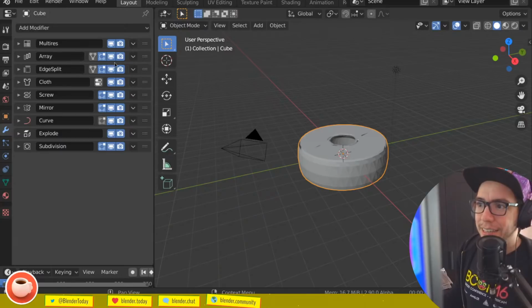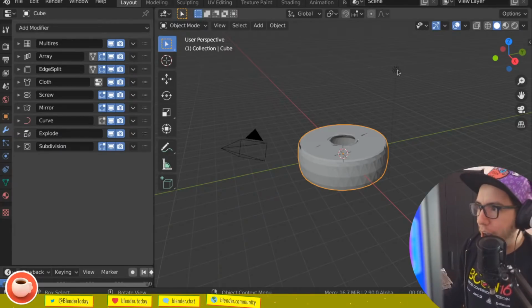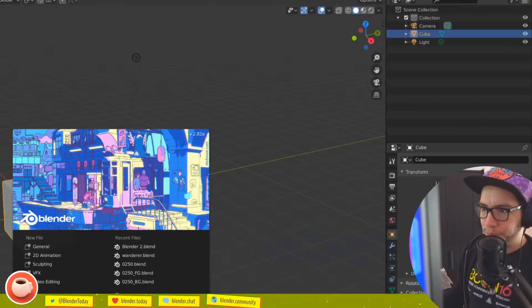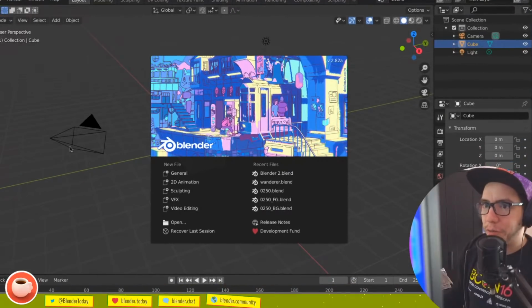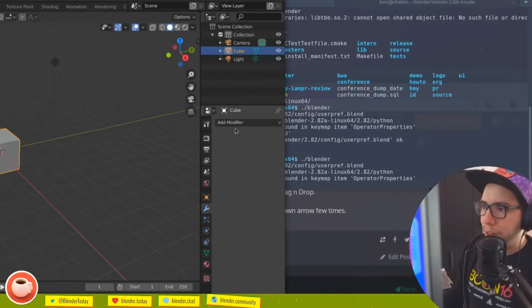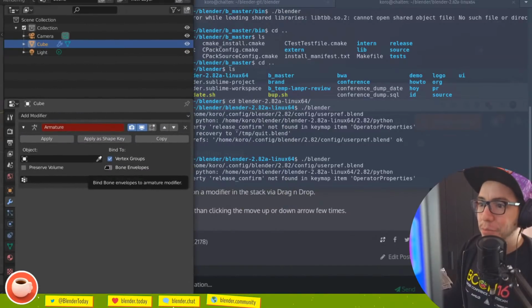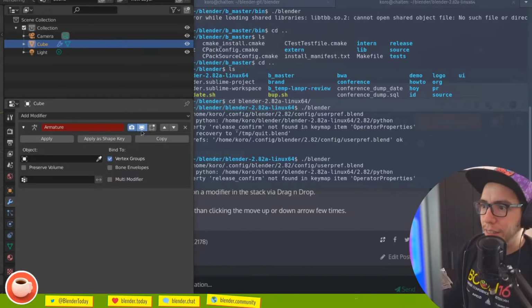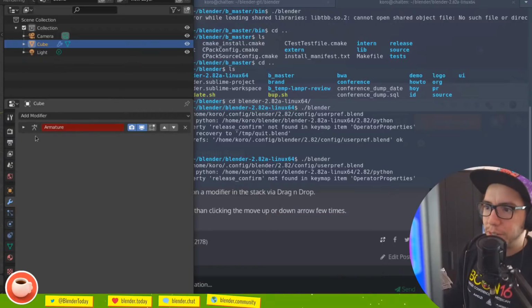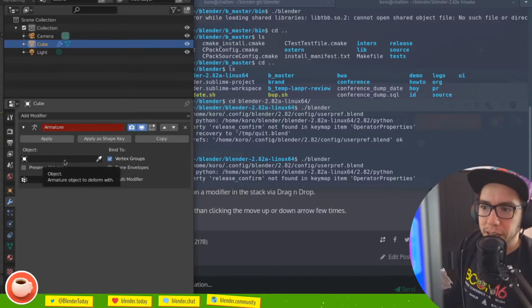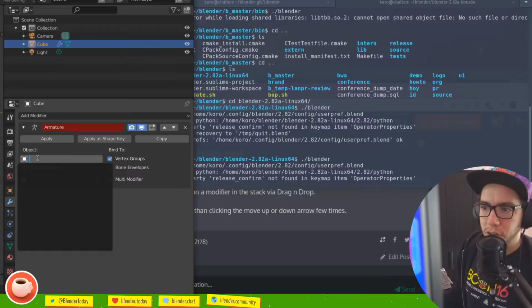I don't know if you remember how it used to look. Let's go to the ancient times of Blender 2.82. This is also in 2.83, but in 2.82, if you add a modifier, you'll probably remember because it was added like 10 minutes ago, this is how a modifier would look. You would see these 3 buttons in the modifier itself. When you collapse it, you will see that the whole thing was red. It means this modifier is not working at the moment because it's not valid. There is no object to use as an